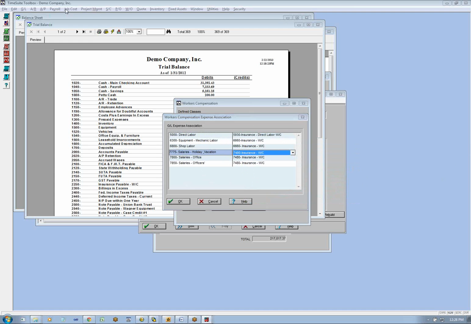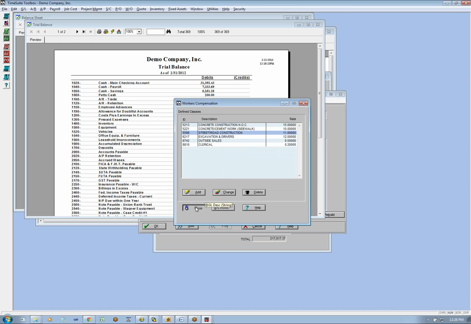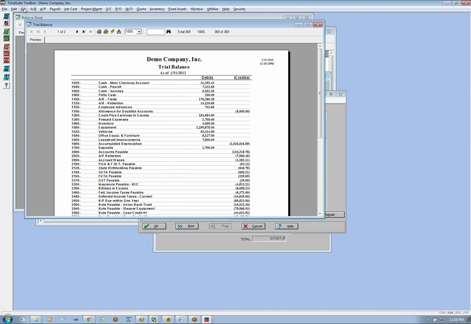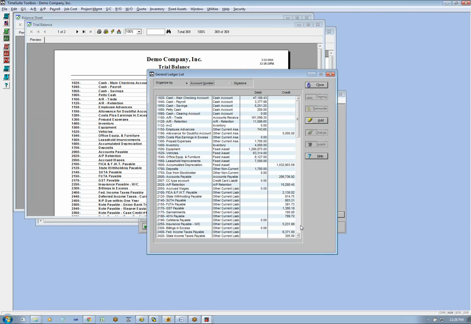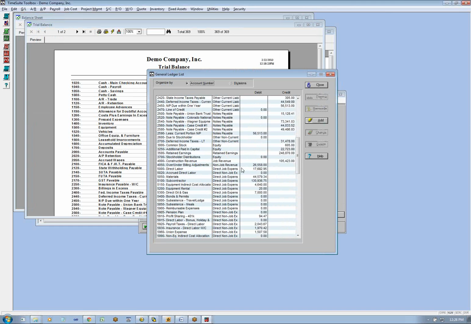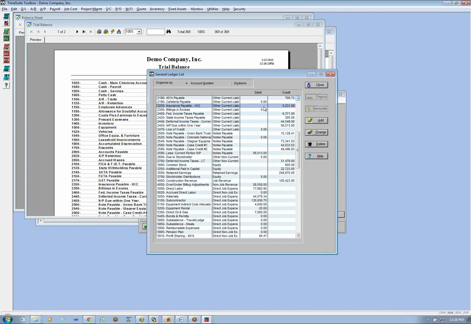So every time you generate a paycheck, it actually posts into those accounts. It calculates the workman's comp, and it posts the workman's comp into the workman's comp expense accounts. So for every paycheck, it'll post one number into your expense here, and for direct labor, and then it credits your liability, which should be here. So every time a check is posted, it does that.